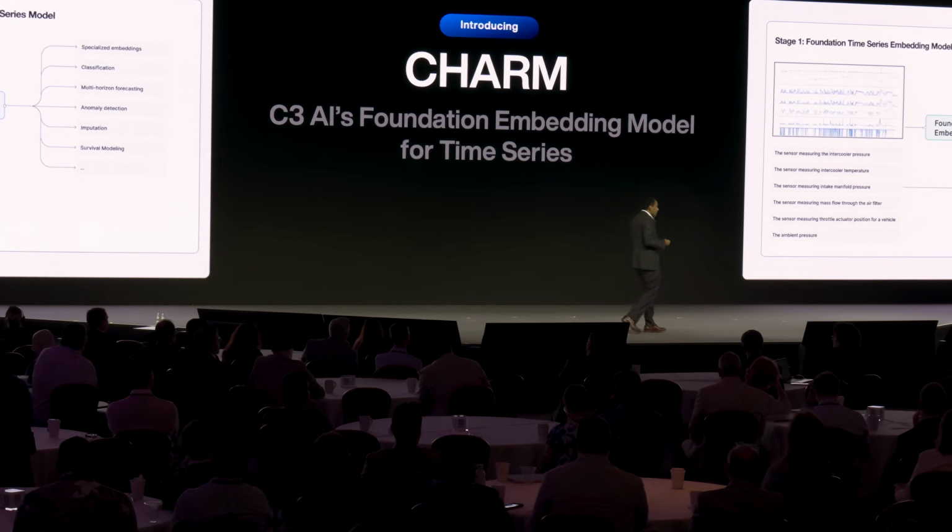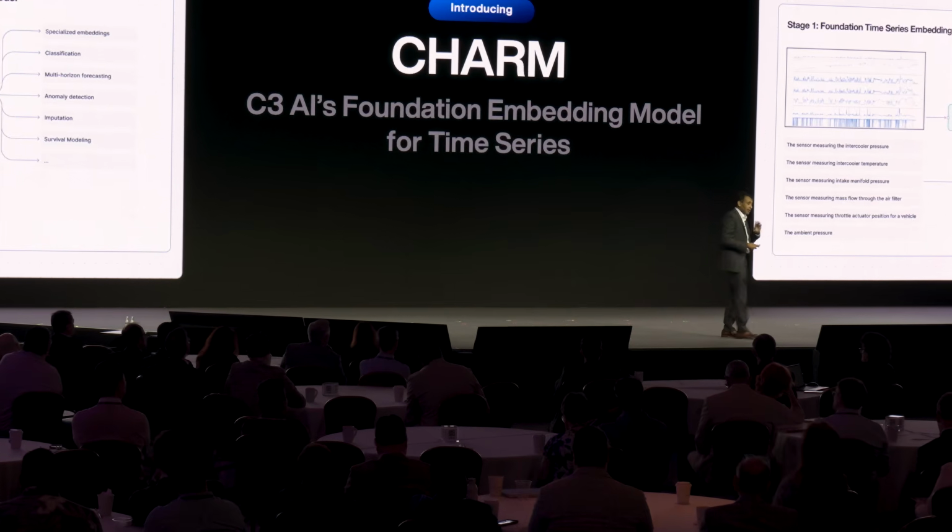And size-wise, by the way, this is a relatively small model. It's only 70 million parameters, to give you a sense. That is an order of magnitude lower than the other specialized foundation models that are emerging this year. So Google has, for example, TimesFM, which it has had for some time. Amazon has Chronos. There are many others in the world, but this model is one of the smaller ones, and I'll show you the results. It's equal or higher quality than the larger models, and by being small, just 70 million parameters, it means you can actually train it on your data.